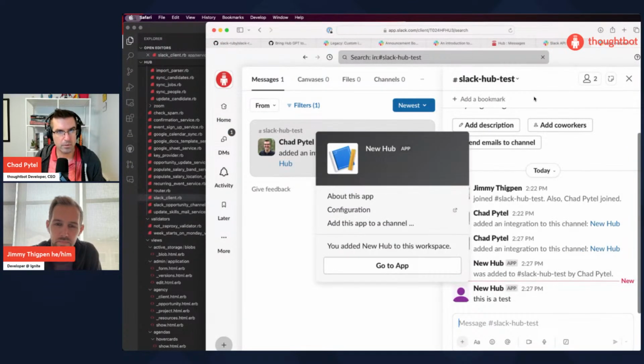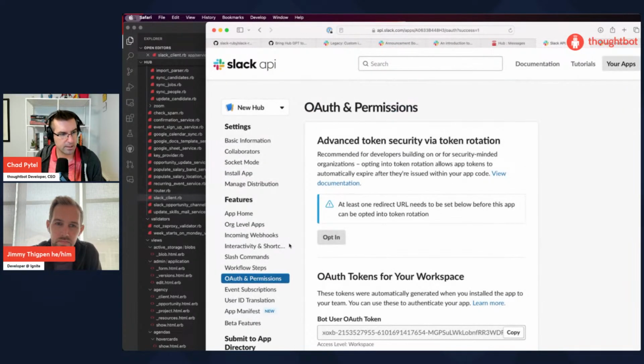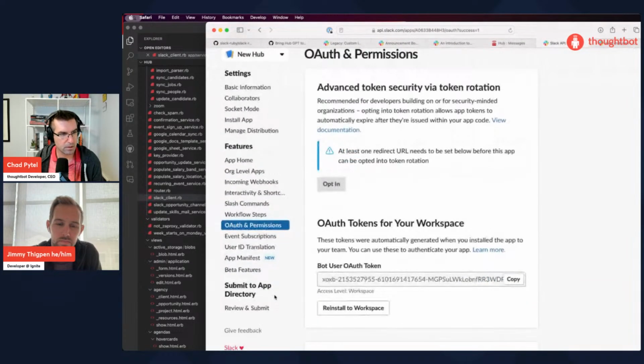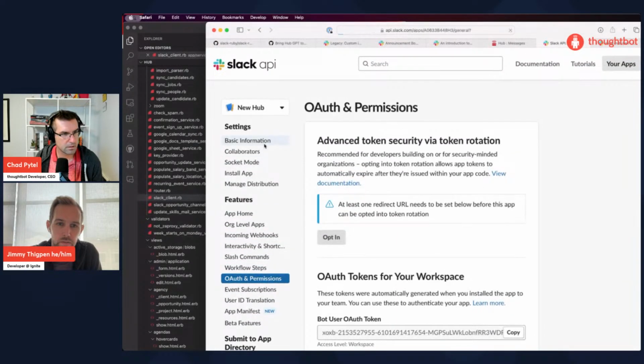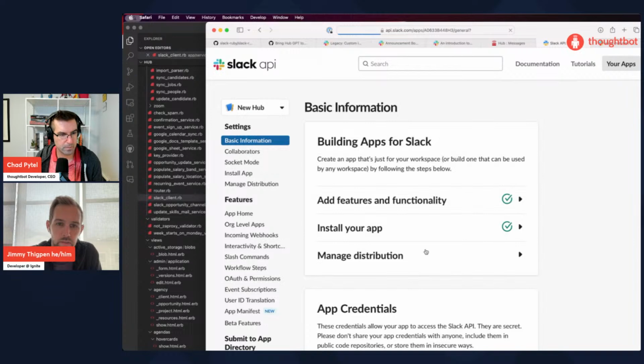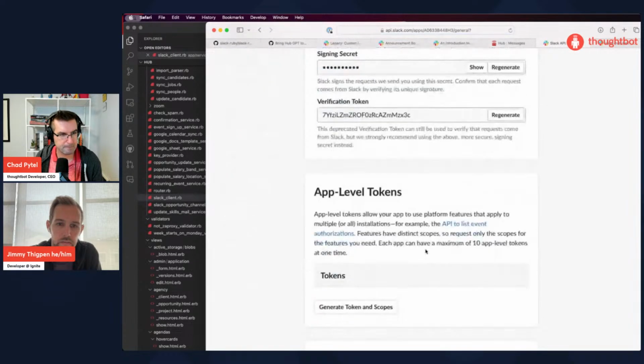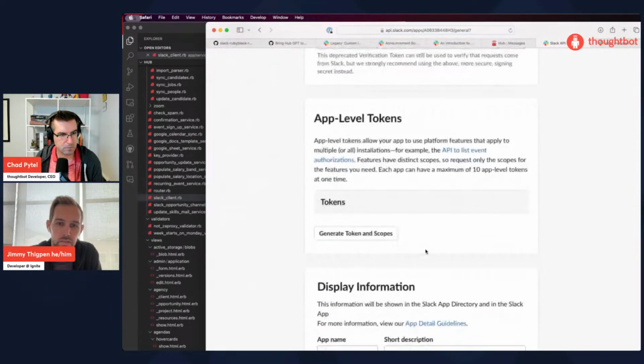So within the app, can we set like a logo and stuff? Yes, so that would be under basic info. You scroll down a little bit and you'll see a section for the name and the icon.